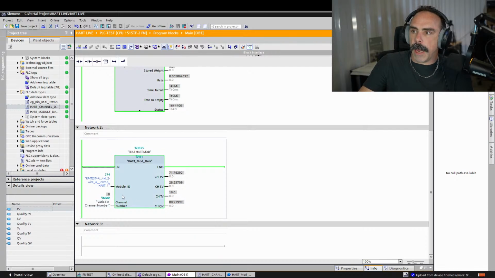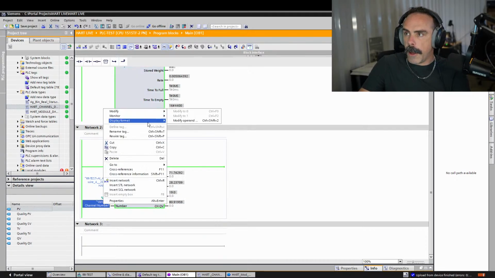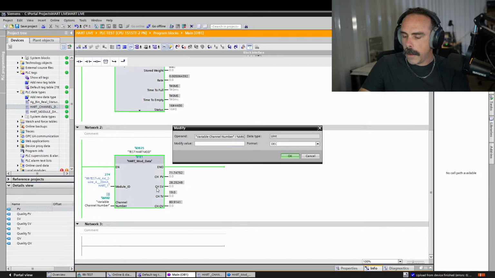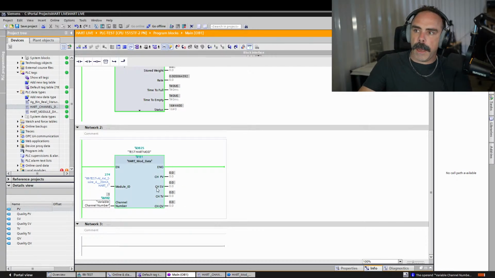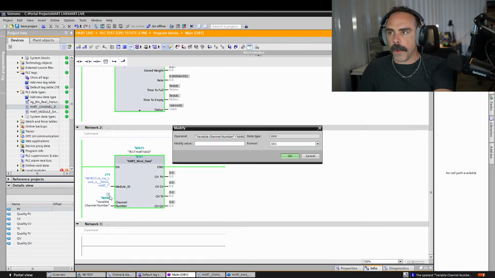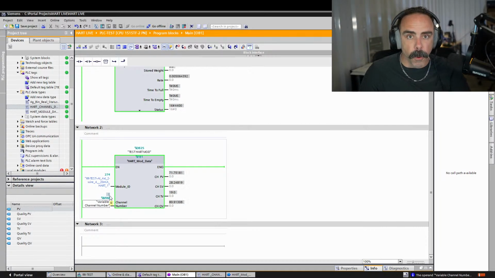So if I wanted to change to channel 2 of this, which is disabled, all I would have to do right now is modify this. I guess I could just double click here. So modify this to 1, and it parses out the PV. Obviously that channel is disabled, so that's what you would expect. So if I wanted multiple of these, I would have to have one of these blocks for each of my channels, which,